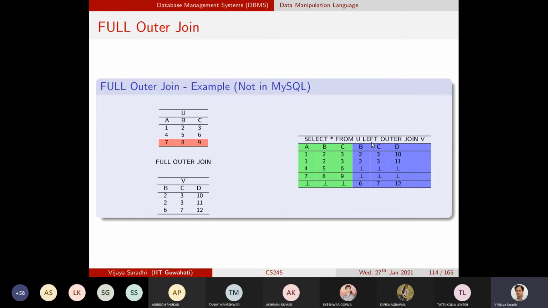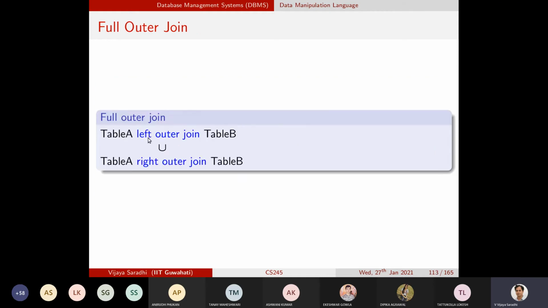I will change the slides. Right? It's full outer join. And once again, full outer join is not implemented in MySQL. Why? Because MySQL implemented left outer join and right outer join, and then you can construct full outer join using these operations.